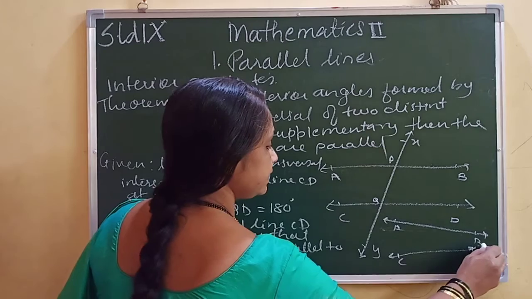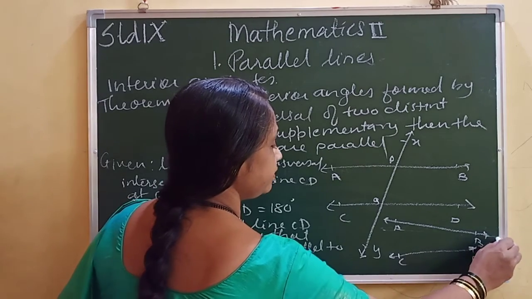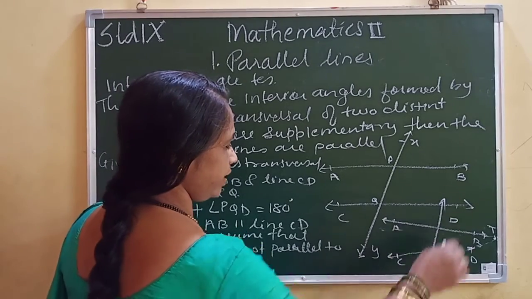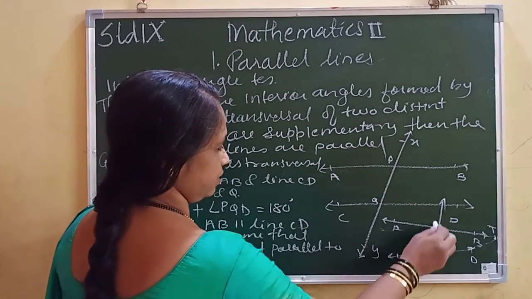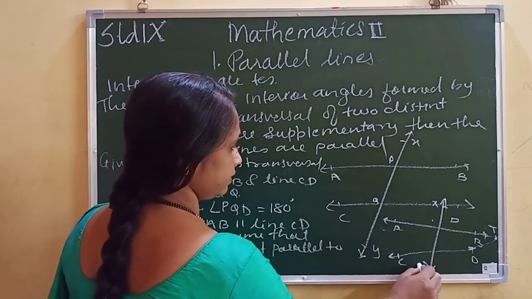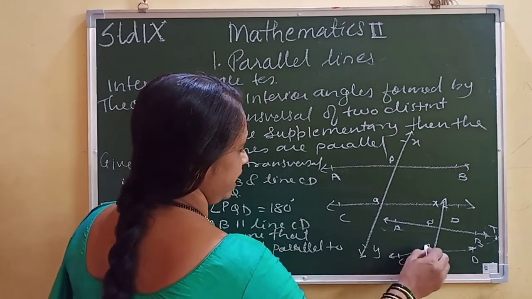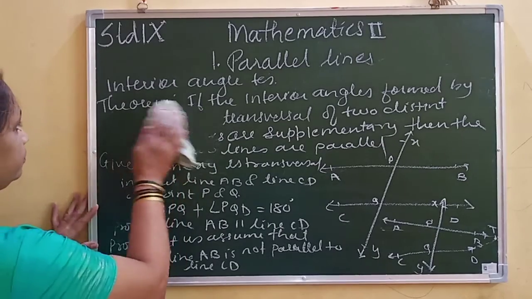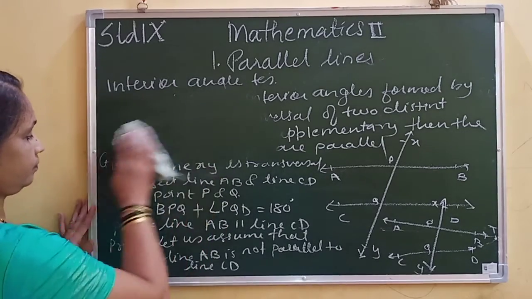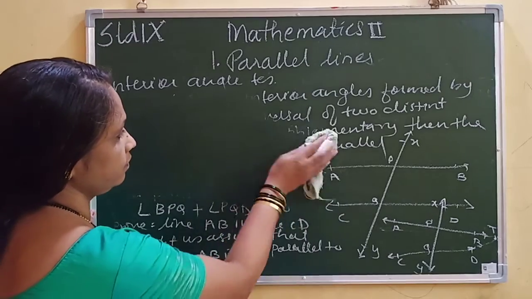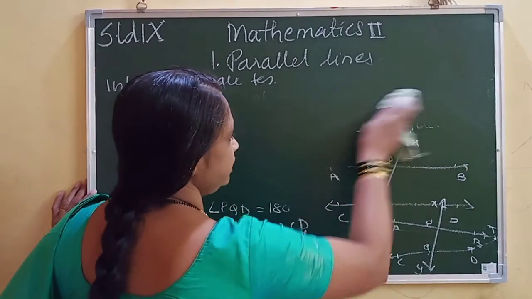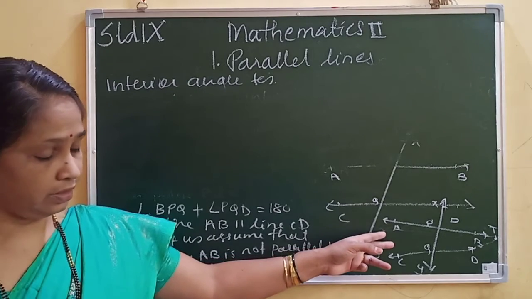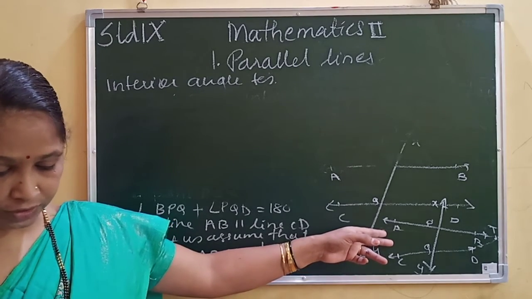And if we extend this line, they will meet here at point P. And XY is the transversal. X and Y, P and Q. Okay. Now if it is not a parallel set, then the figure formed will be in this way. Now in this, what we have to consider,